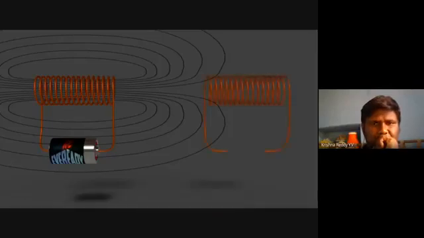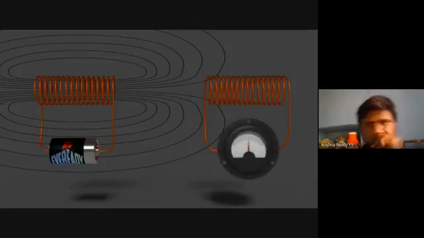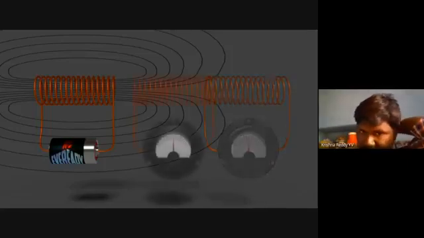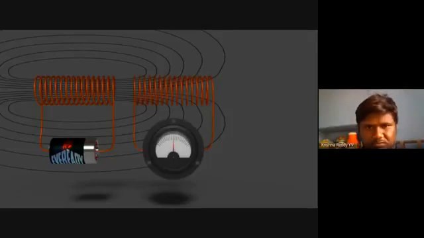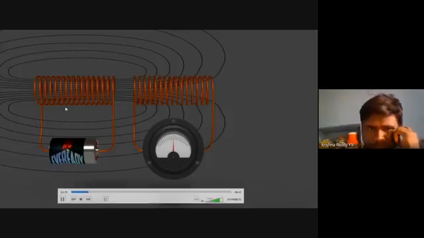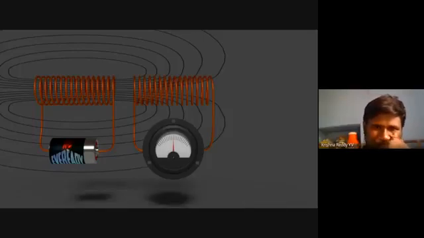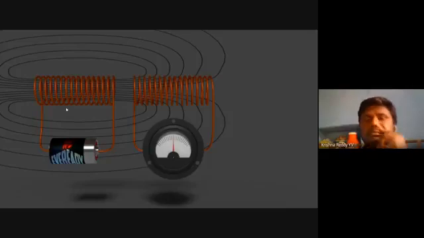Let us take another coil connected across a galvanometer as shown here in the figure. Now, we will hold the second coil nearer to the first coil. More specifically, hold the second coil under the influence of the magnetic field of the first coil. Now, we can observe that there is no voltage appearing across the second coil. There will be no deflection in the pointer of the galvanometer. Although at that condition there is magnetic flux linkage in the second coil from the first coil, no voltage is induced